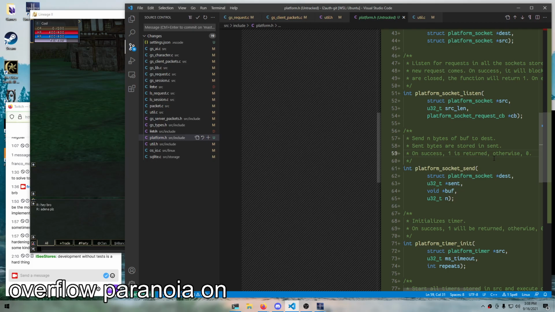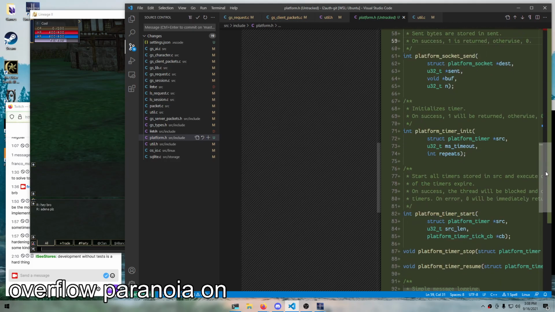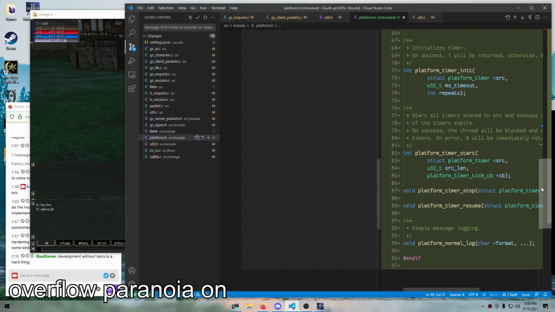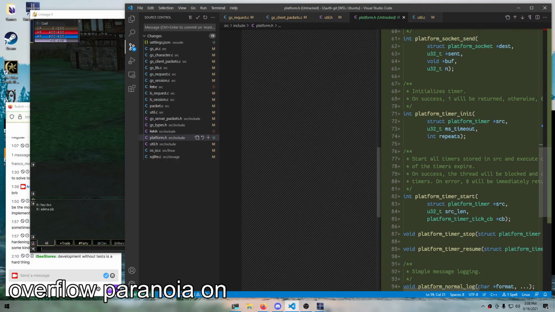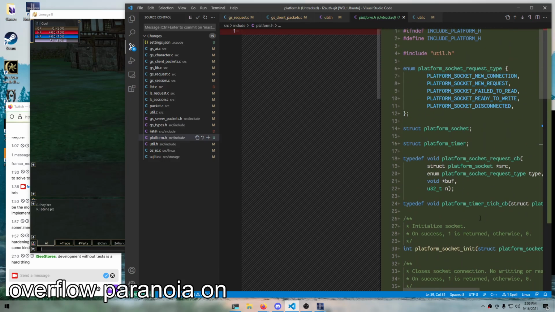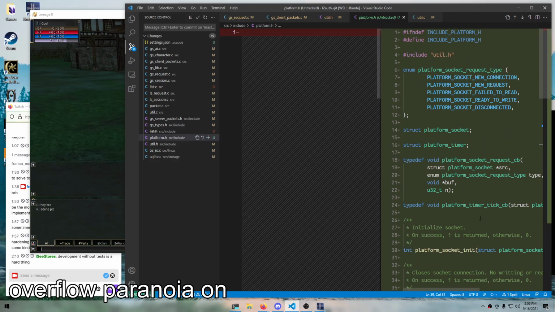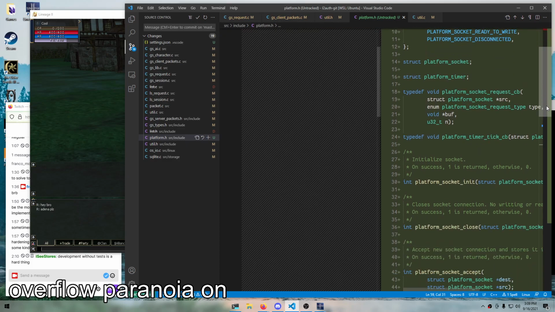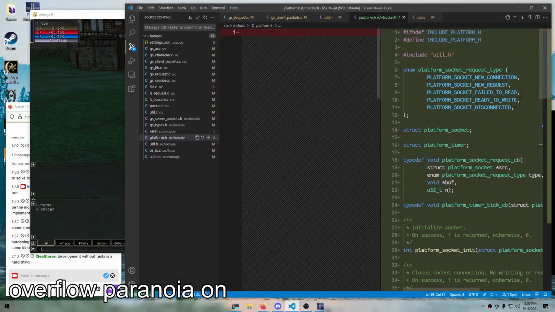It works well on Linux, but then if you go into Windows, well, that's a different story, you know? So instead, I think I'm gonna separate these two, the timers and the sockets, and then I'm gonna have to implement threads and logs, and then